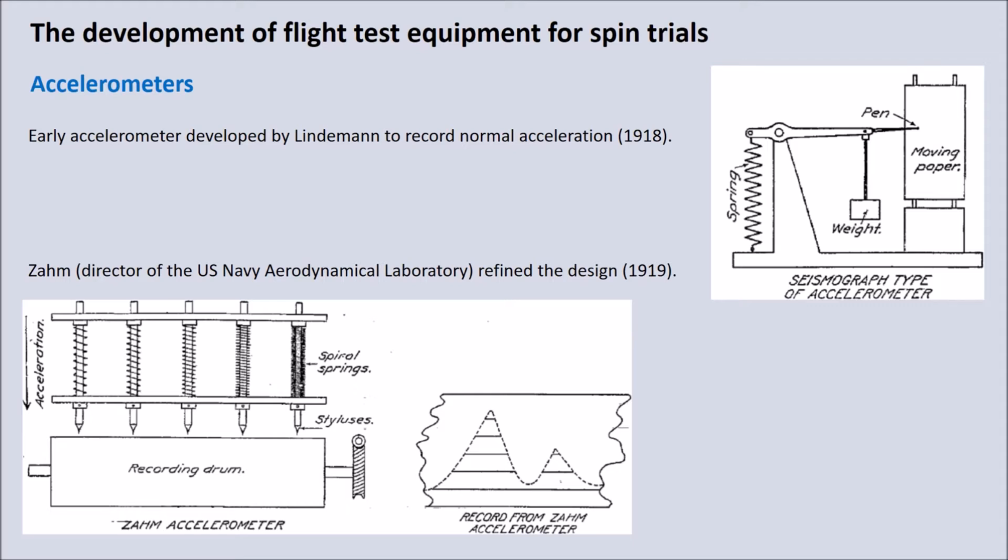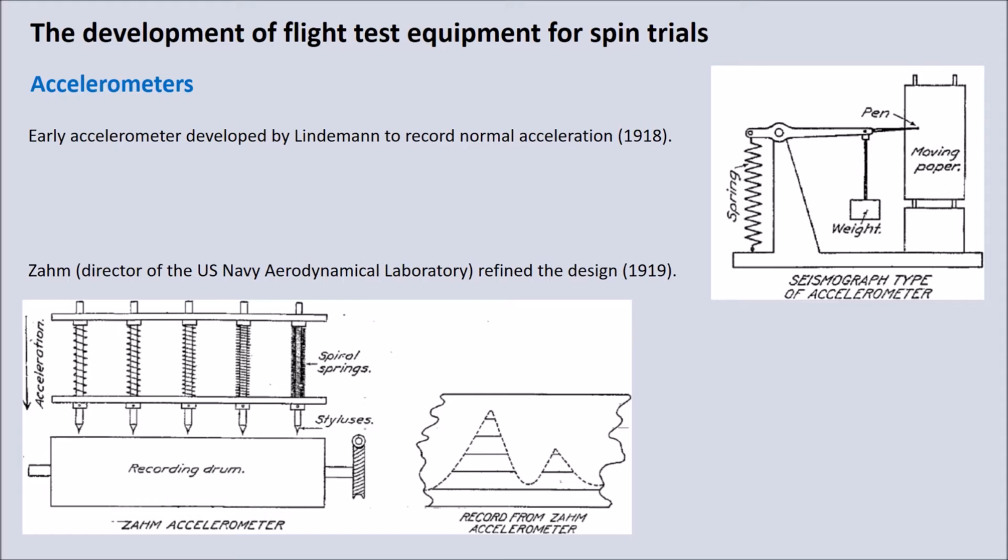So Lindemann revised this, adding additional dynamic pressure heads that were installed at an angle of 30 degrees, which was kind of the typical angle of incidence during a spin. And this allowed the data from the airspeed indicator to be slightly more reliable during the spin. This design by Lindemann was later refined by Zahm in the US,